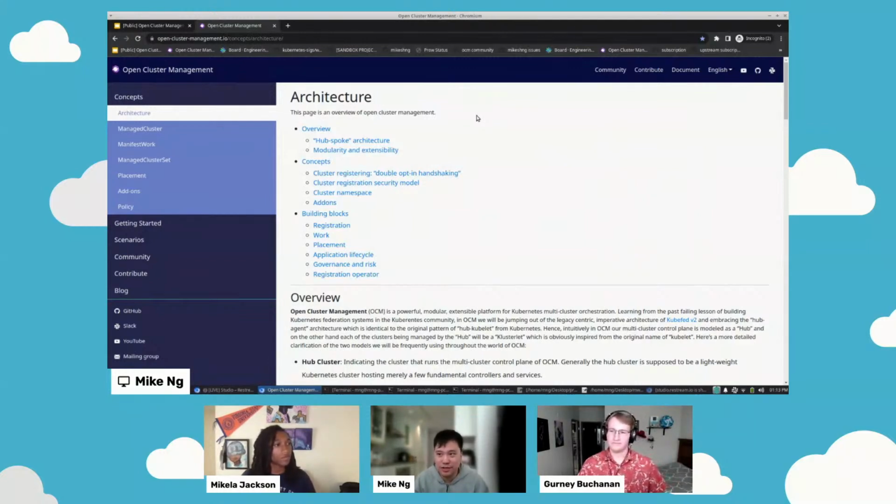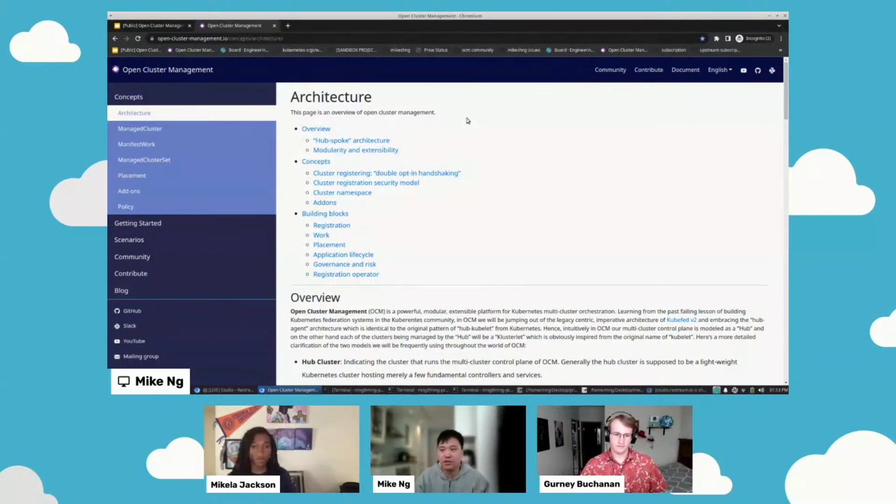The premise is you want to manage a single cluster and then grow that into a fleet of clusters, then you're able to deliver a workload. Then eventually you'll have application lifecycle, and later on you can apply governance and configuration policy across the entire fleet. So it just keeps going up the stack as we build on top of open cluster management.